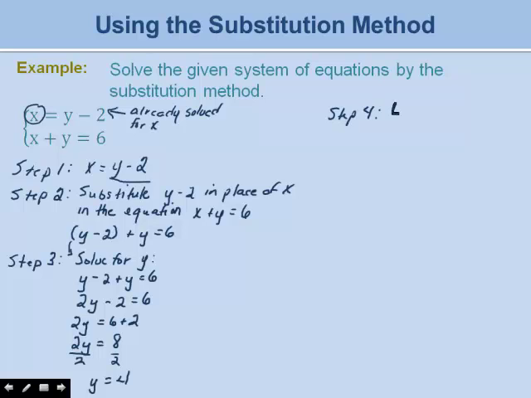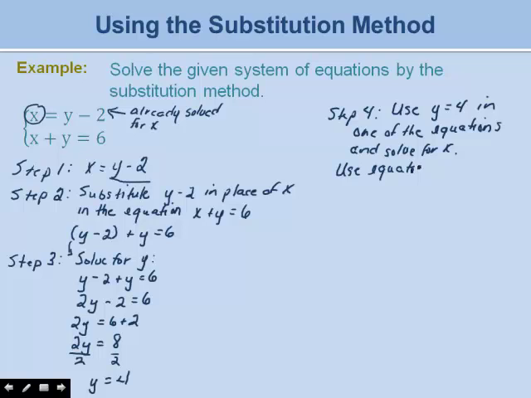Step 4 is that we're going to use the value y equals 4 in one of the equations and solve for x. Since we've already got a value for y, the one that we need a value for now is x. So that's how we know that we're going to be solving for x. You can put the y equals 4 into either one of the two equations that we started with, but when you're doing substitution, what you're doing in step 1 is solving one of the equations for one of the variables. Since you already have that one solved, the quickest way to do step 4 is to use that form of the equation. So we're going to use our equation from step 1,